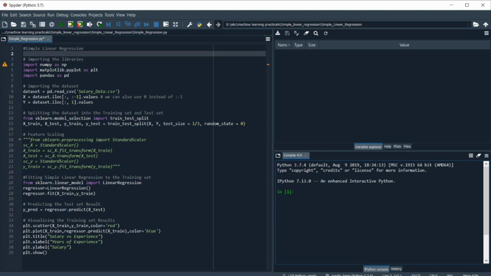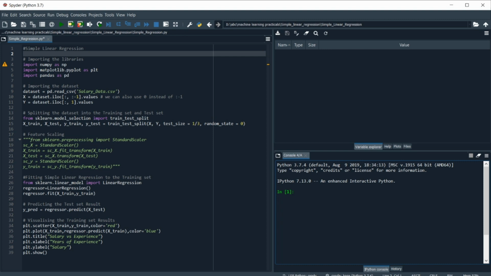Now similarly, classification is all about classifying objects. It can be like from images, classifying the image whether it's the image of a dog or a cat or a person. So let's start with the concept of simple linear regression. Now in order to understand it, let's try to get its intuition or how it works.